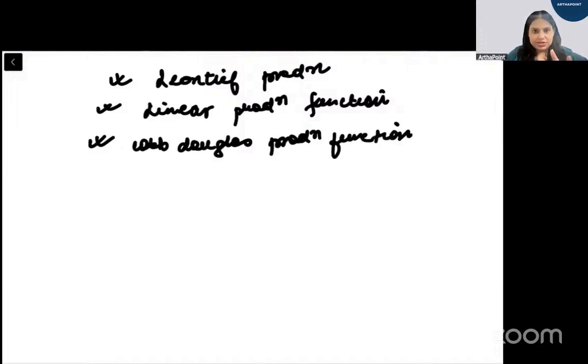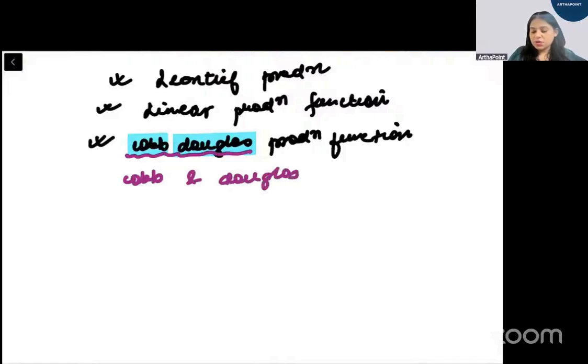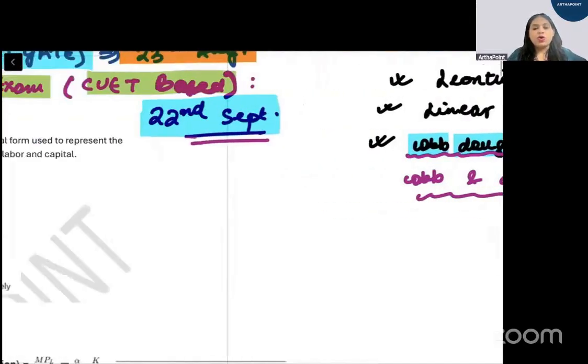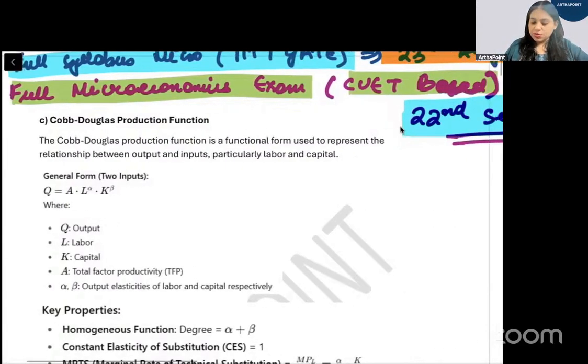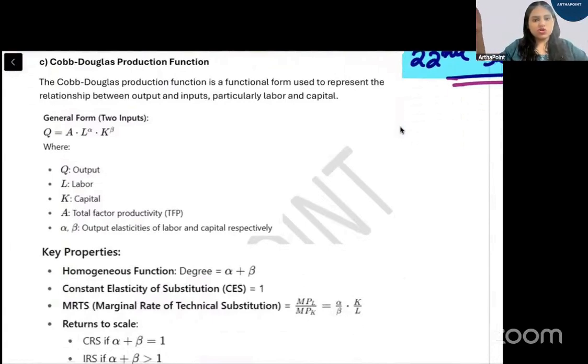So as the name suggests, the Cobb-Douglas production function is given by two individuals, Cobb and Douglas, right? They gave this production function, right? So what we intend to do today is take this in detail and understand what is the Cobb-Douglas production function. Okay, so let us start with the functional form which is used to represent